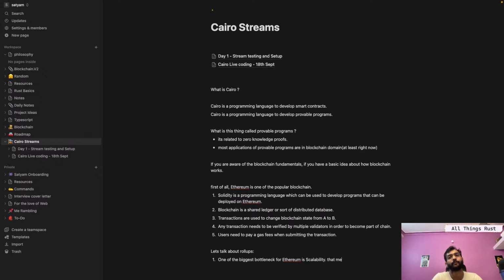That means as you get billions of transactions onto the blockchain, the chain starts to get clogged like a pipe, and per transaction gas fees also become very high, right?